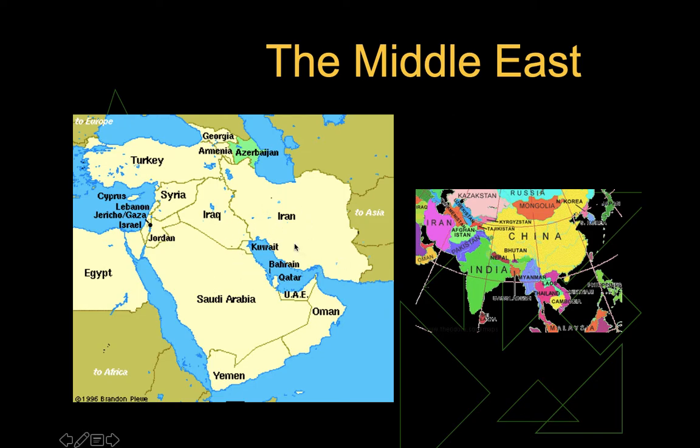its surrounding neighbors. You can see that Iran has a long coastline that's on the Persian Gulf right here, and it holds a very strategic position related to oil producing nations of the region. This entrance into the Persian Gulf is the Strait of Hormuz, and Iran, of course, has the shoreline area opposite of the United Arab Emirates and Oman.